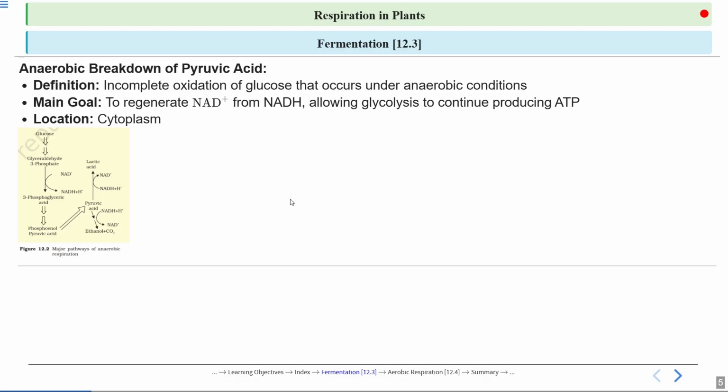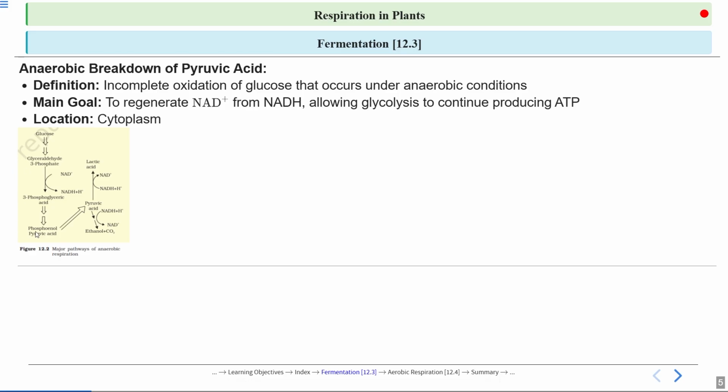So let's take a look at this diagram. This shows the major pathways of anaerobic respiration and how this process stays in the cytoplasm. So glucose is first broken down into pyruvic acid during glycolysis in the cytoplasm. Now this is common to both aerobic and anaerobic pathways. So the glycolysis process, where glucose is broken down to produce pyruvic acid, is common to both the aerobic